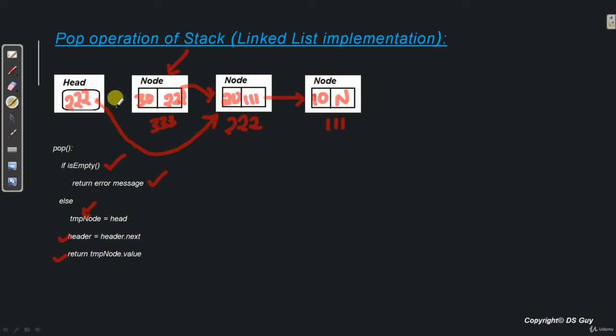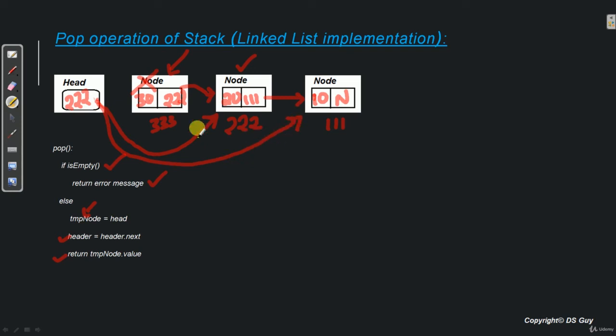Similarly, if you want to do one more pop operation, what do we have to do? Right now this element is not there. So the first element is this node 222. So we have to remove this node. Again we do the same thing. We have to store this 20 in some temporary variable and update the head to point to the next node.